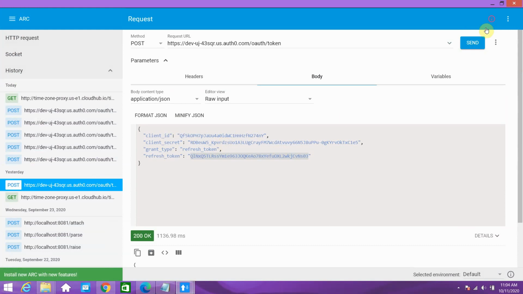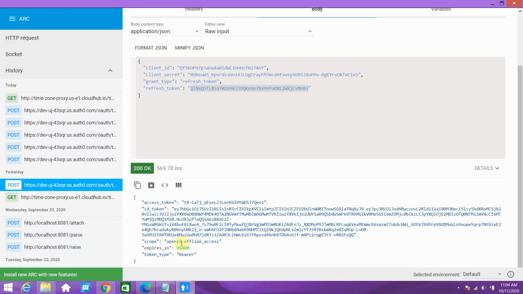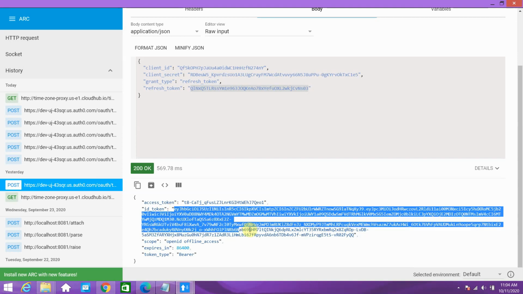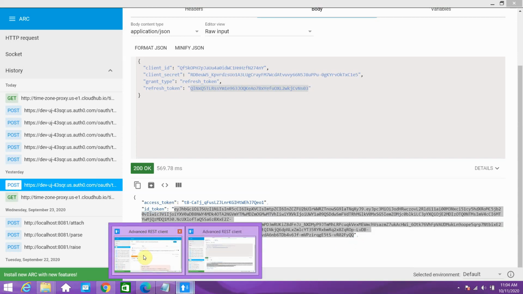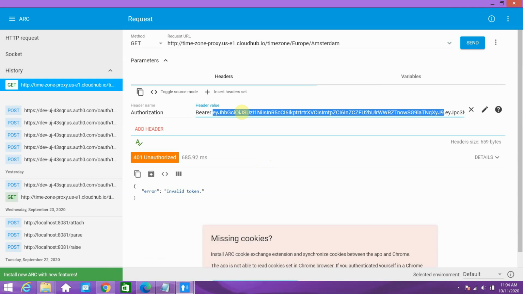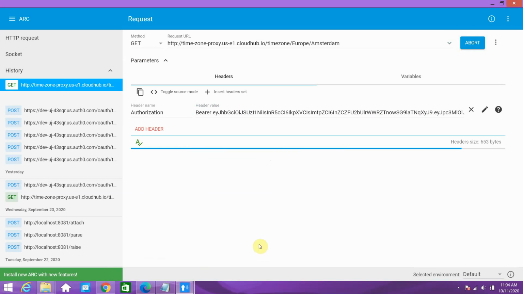So grant type should be refresh token. Now you got a new token. Okay, so copy this, and you can paste it here. I can say bearer space Ctrl+V. Now send the request.